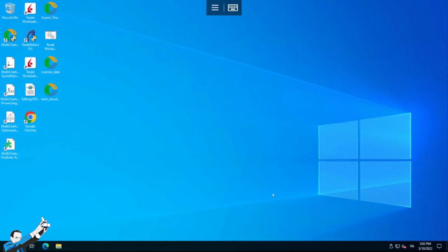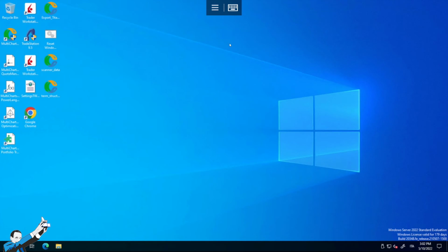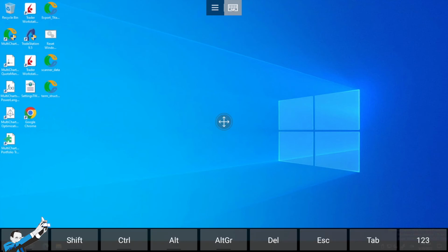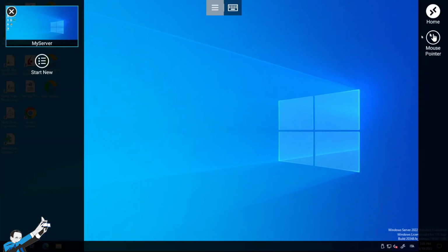At this point, as you can see, the smartphone or tablet is connecting properly to the machine. And here I'll have some other controls. In case you have problems with the keyboard or with key combinations, you can use this virtual keyboard to send key combinations. You can also change how you interact with the mouse, either with the touch mode or with the pointer mode. You'll need to see how it works best for you, of course. Also here on the left-hand side, you'll see a list of the various servers that you have on the application so that you can switch more easily from one to the other.